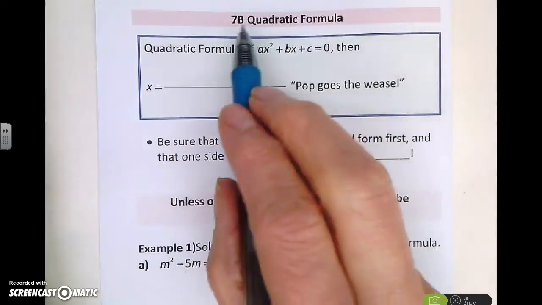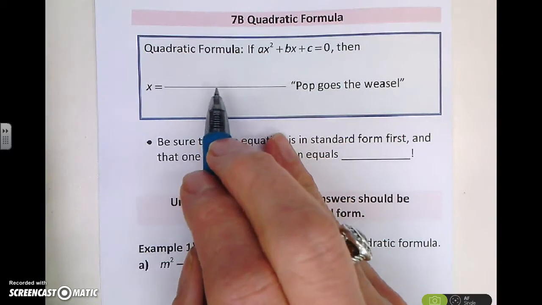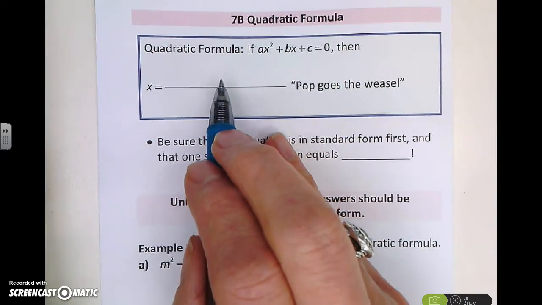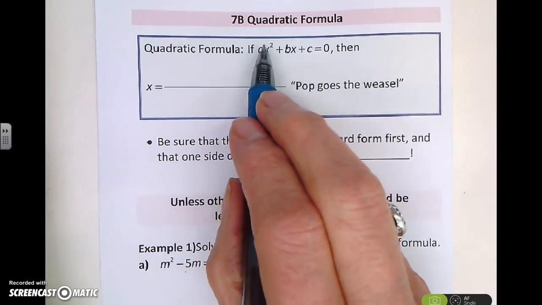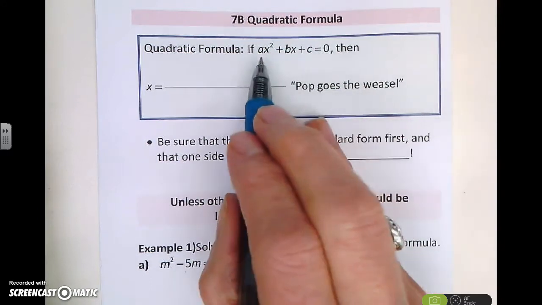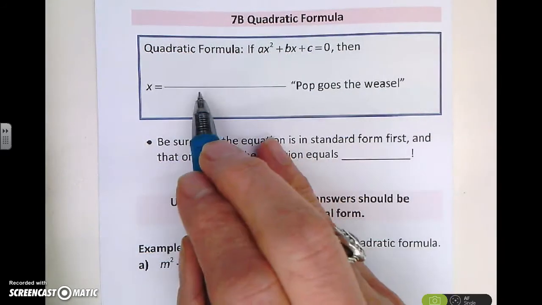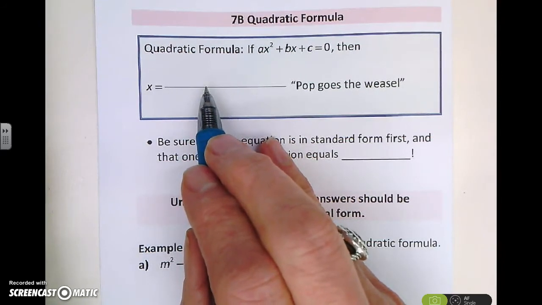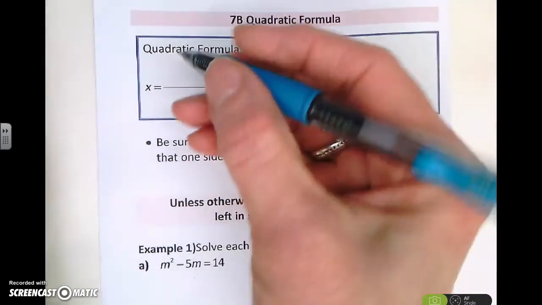Today we'll be talking about the quadratic formula. Last class we learned how to solve quadratic equations by completing the square. If we were to use ax squared plus bx plus c equals 0, we could actually complete the square on this and we'd come up with the quadratic formula. I'll do that in class next time and show you how that works. But the quadratic formula will end up looking like this.